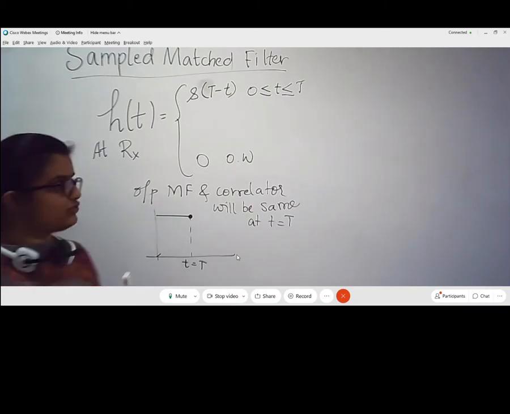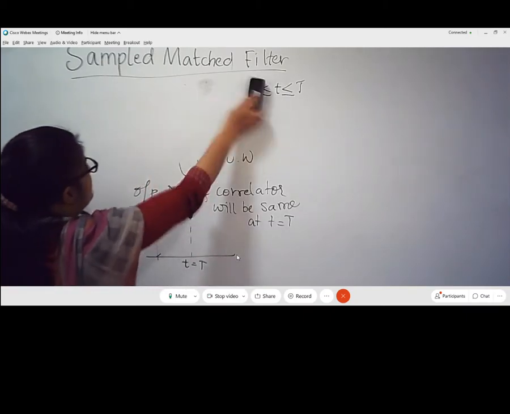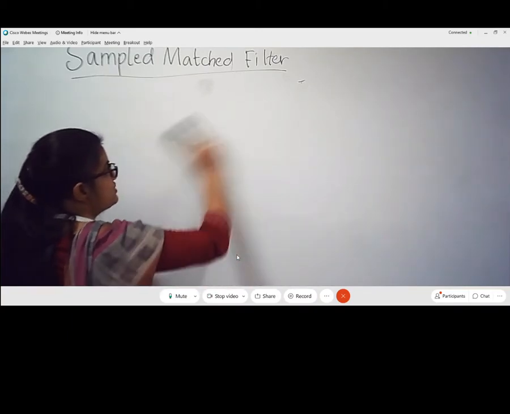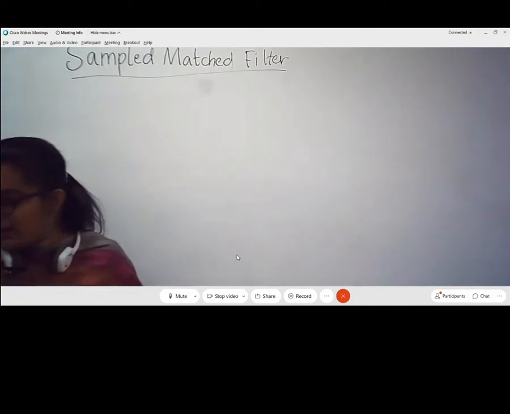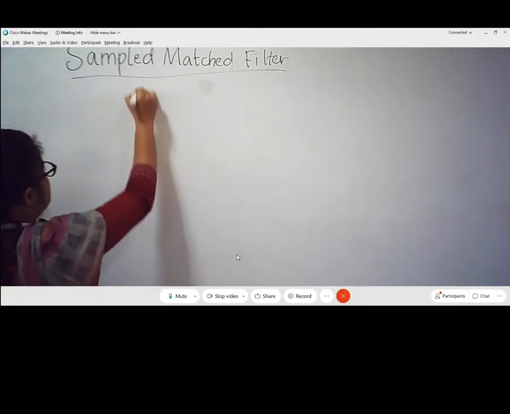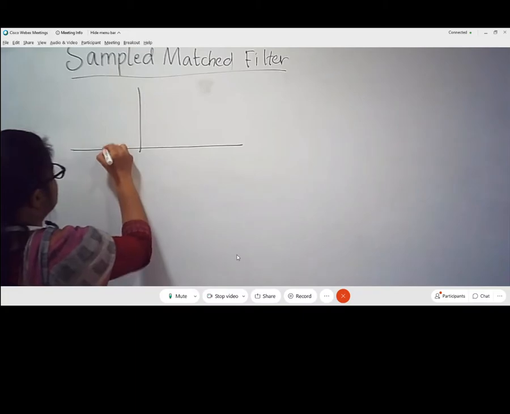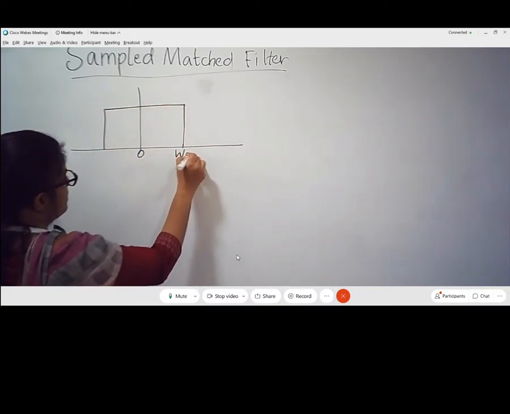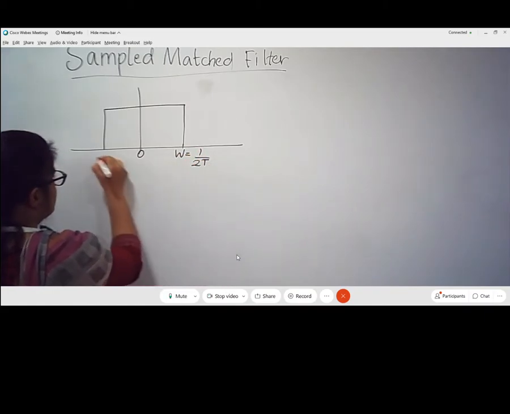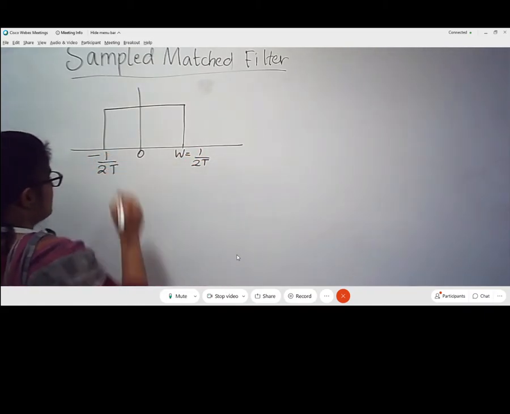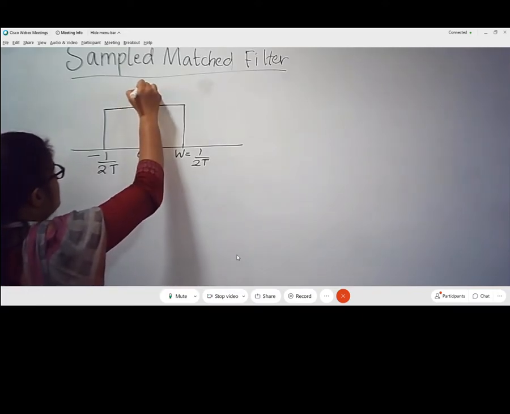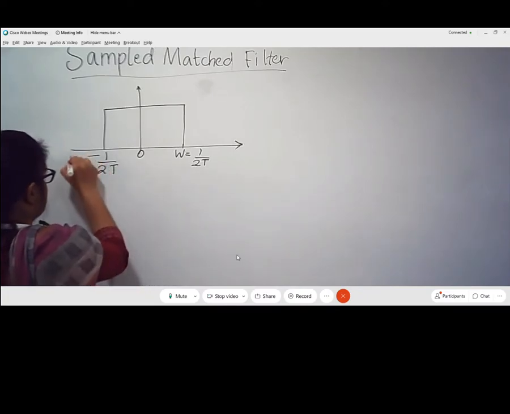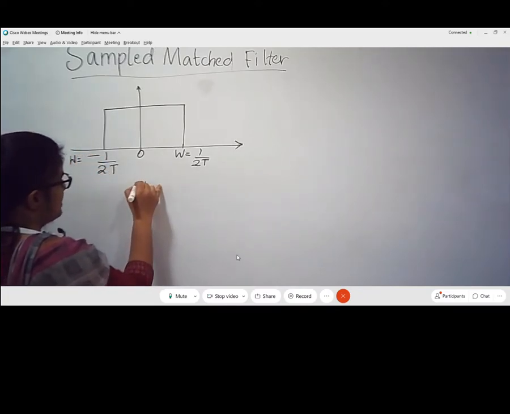So coming to this bandwidth part. Whenever I am transmitting a symbol, I know that it has already been restricted, or filtered, by making use of pulse shaping filters. Ideally, assume that we have a Nyquist filter. It will take a bandwidth of W equal to 1 over 2T, and this is 1 over 2T. So this is how the bandwidth will look. This is the rectangular filter, or the ideal Nyquist filter.